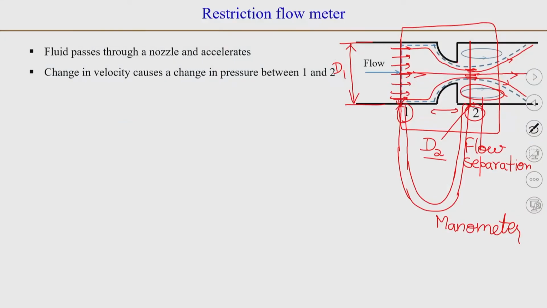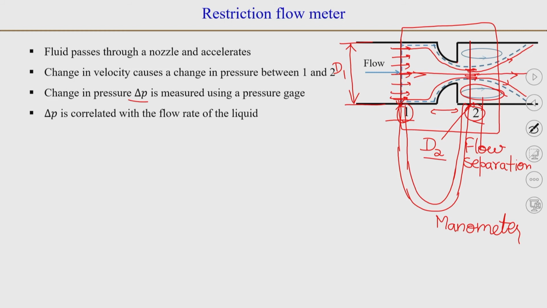Okay. So, when the flow accelerates, there will be a change in velocity between point 1 and point 2, and that change in velocity will also cause a change in pressure. What we are going to measure is the change in pressure, delta P, and if we can correlate this delta P with the flow rate of the fluid, then we can measure the pressure difference between points 1 and 2. So, by measuring the pressure difference between points 1 and 2, we will be able to measure the mass flow rate